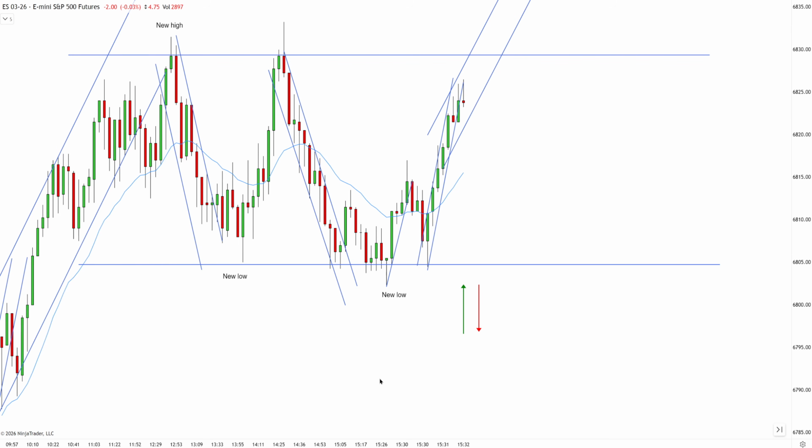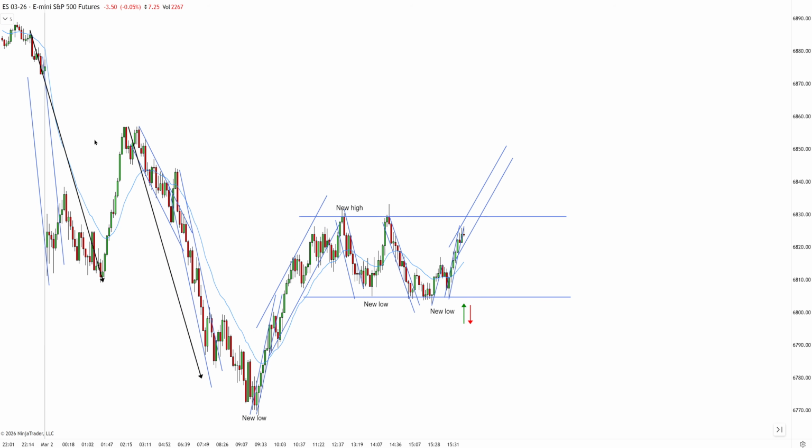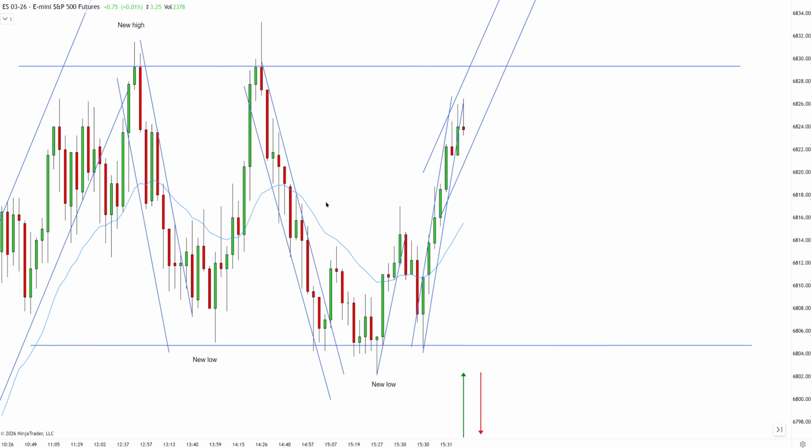In this video, we're going to talk about how we can use price action rules to help us navigate the market and identify high probability setups. Today's session started with an increase in volatility. We have a two-legged pullback down, and once I can see that the bars are much bigger